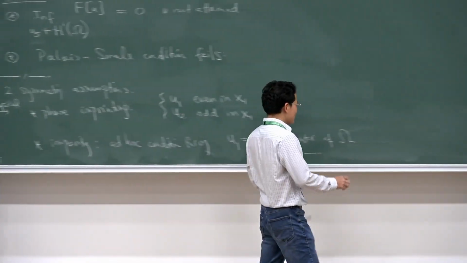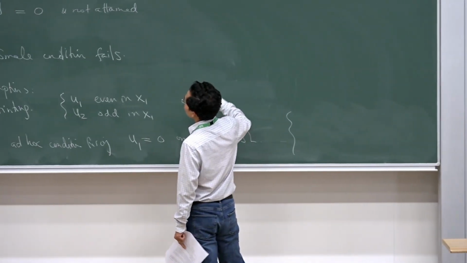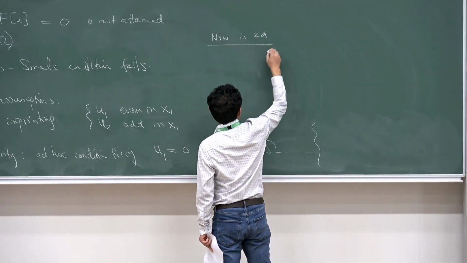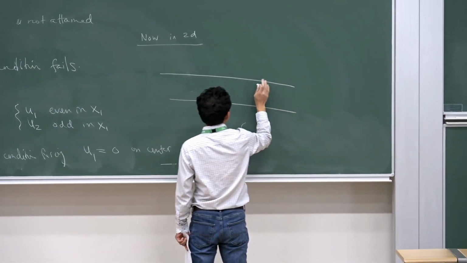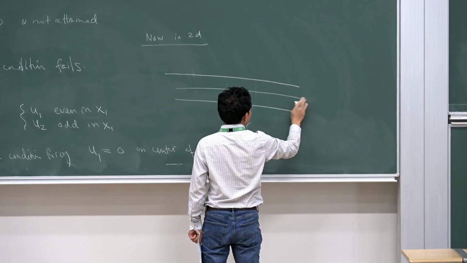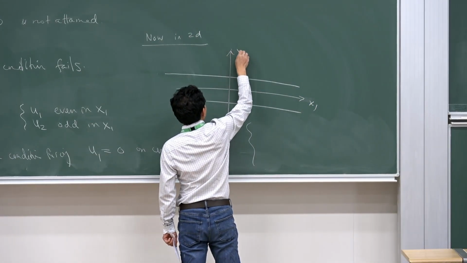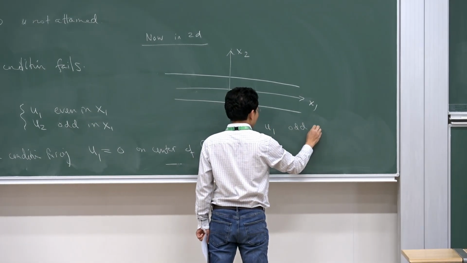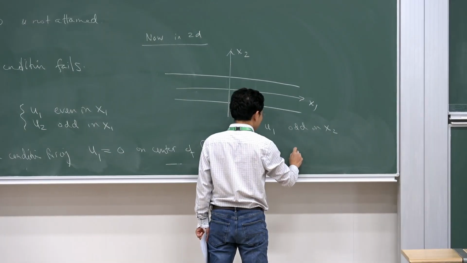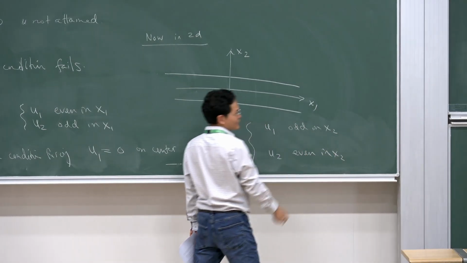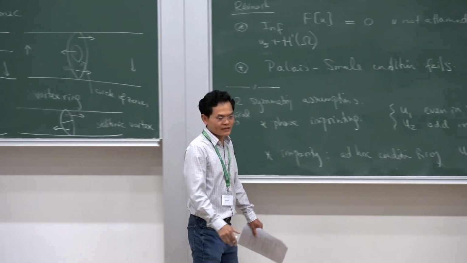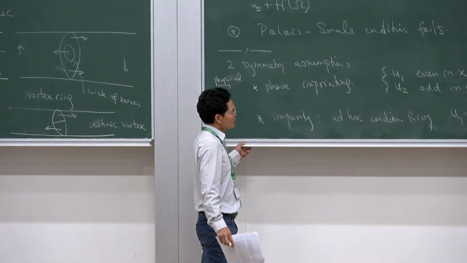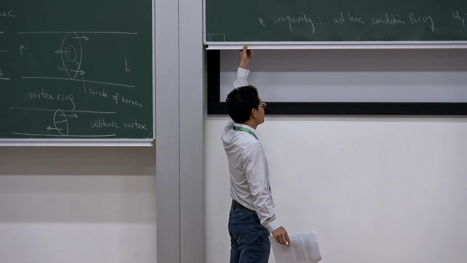More precisely, what they do is this. Now we're talking only in 2D, which is quicker and easier to draw. So there are only two axes, x1 and x2. Then u1 would be odd in x2, and u2 is even in x2. For example, that's one way of forcing that constraint. By doing that,